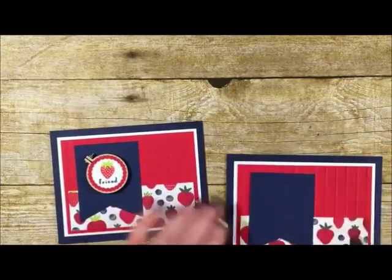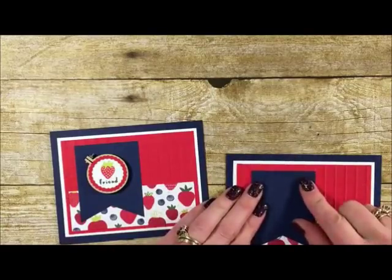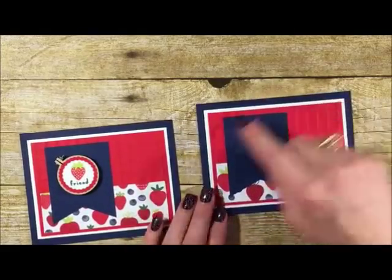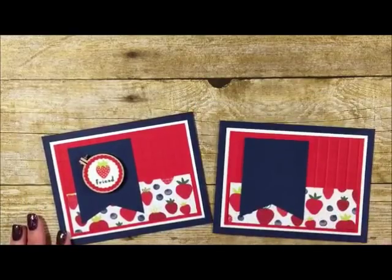And we'll just put it in like this. I want a little bit of the red to show. We're kind of into this red, white, and blue look here. So we've got the red, white, and blue here, and we've got it here and here. It's just gorgeous. All right, now we need our,